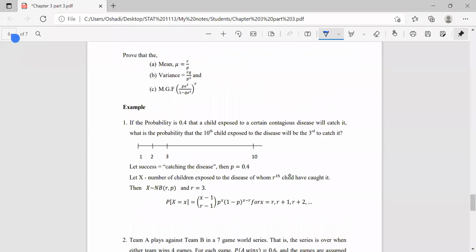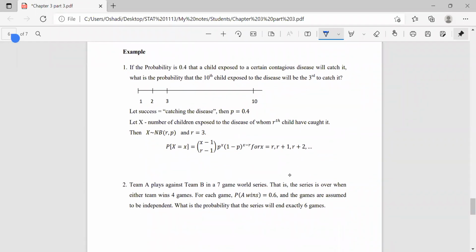Okay, now consider the example. If the probability is 0.4 that a child exposed to a certain contagious disease will catch it, what is the probability that the 10th child exposed to the disease will be the third to catch it? Right? So the probability of catching the disease when a child is exposed to a certain disease is 0.4. Again,